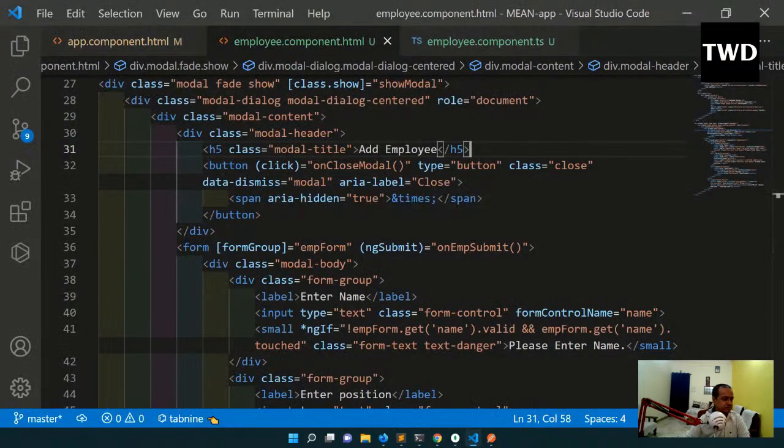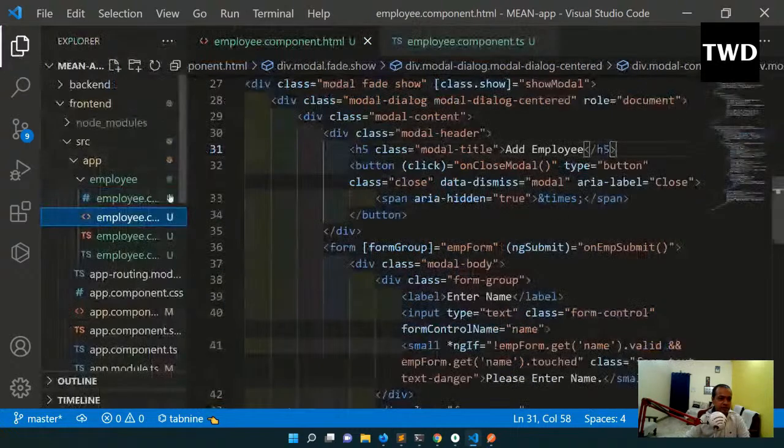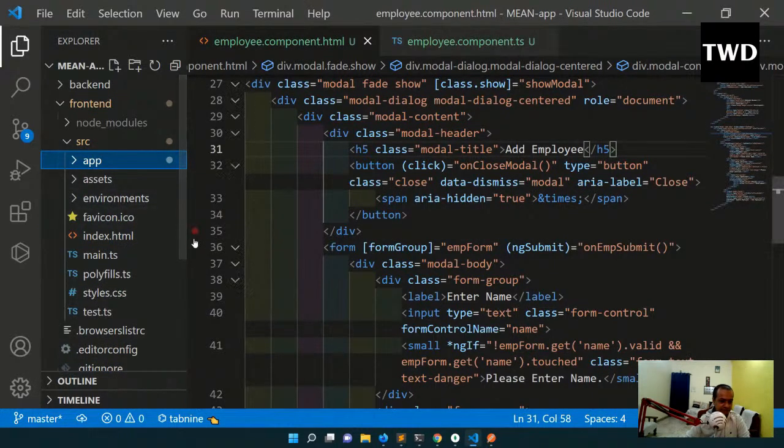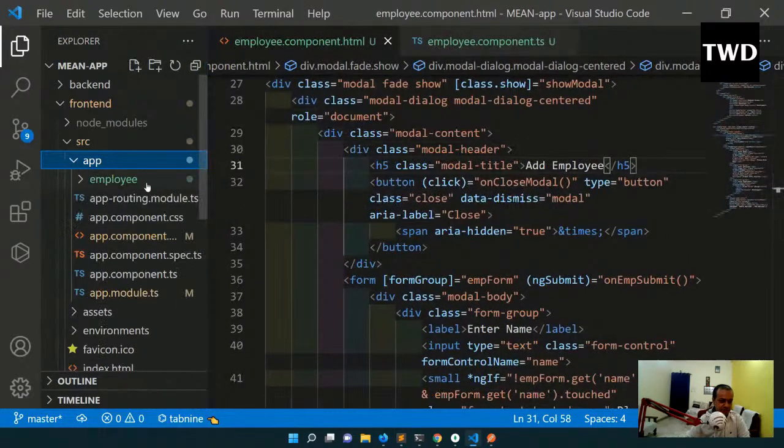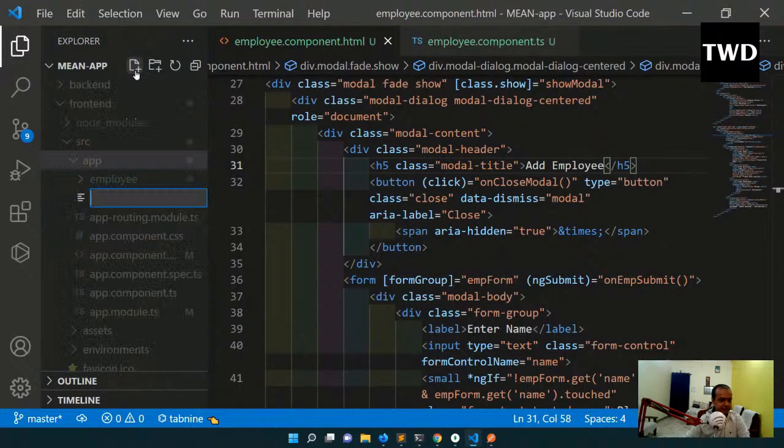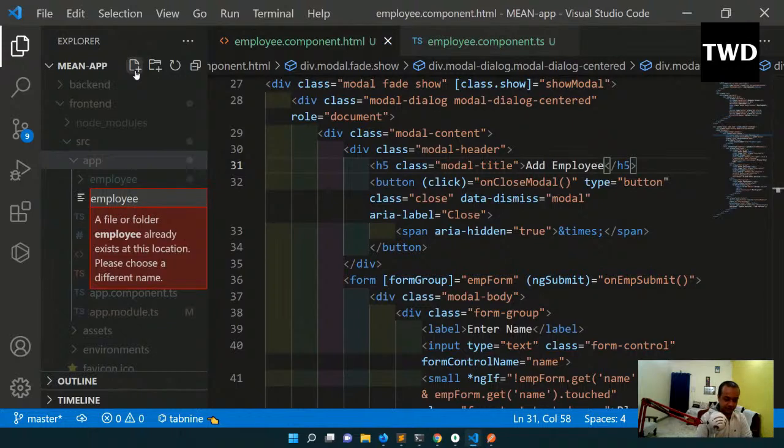Okay, so now we'll add the logic to connect the backend and complete our main app. So the backend should be connected. For that, we are going to have to create a model first. I don't want this in the app folder only, in the app level. So at this level, not inside the employee, but in the app level, I will create an employee.model.ts file,